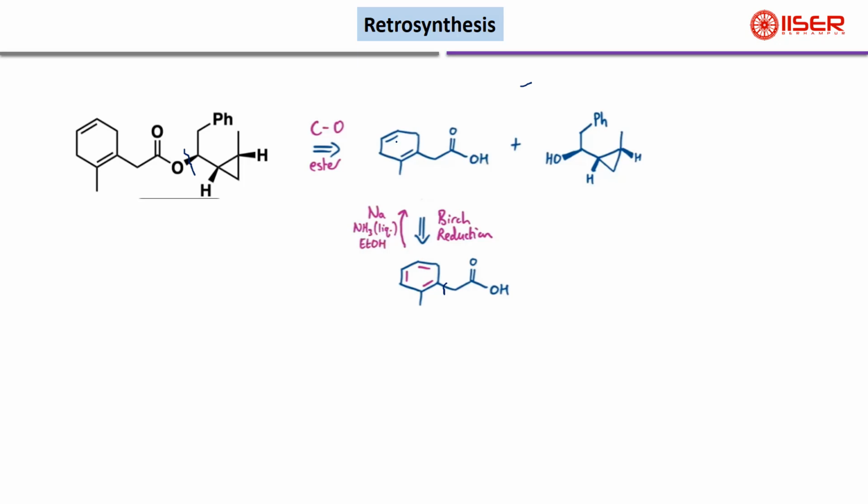I have already discussed Birch reduction in a dedicated class. You can go and check the problems there, then you will get an idea how to determine where to place the double bond when it is an electron donating group or an electron withdrawing group. Here is the acid group, but as it is one carbon apart, it acts as an alkyl group. So it has a plus I effect, so you consider that, and in the Birch reaction you will get this product. In this case, if you just